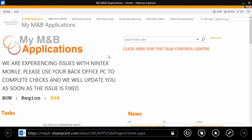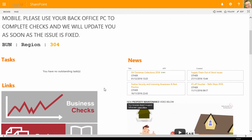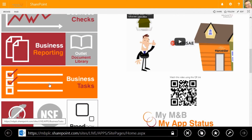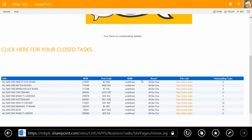Now MabApps should work at a decent speed now because we haven't got any other interference. So you can see District 304, we're still on the same district for Kelly. And we're going to have a quick look at how you look at open tasks in this system. So we're going to go straight to business tasks and click on business tasks. Now it will take a couple of seconds to load up, and as we scroll down you'll see the tasks are here currently loading, so another second or so, there we go,